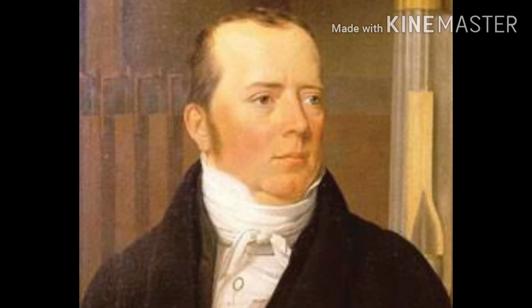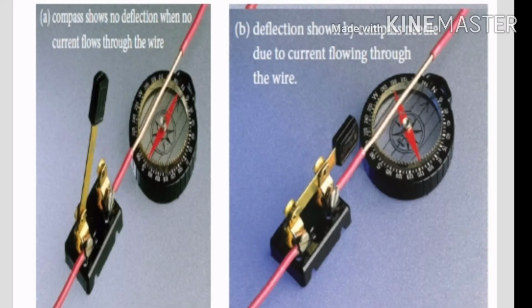In 1820, Hans Christian Ørsted, while preparing for his lecture in physics, noticed that electric current passing through a wire deflects the nearby magnetic compass. By proper investigation, he observed that the deflection of the magnetic compass is due to the change in magnetic field produced around the current carrying conductor. When the direction of current is reversed, the magnetic compass deflects in the opposite direction.